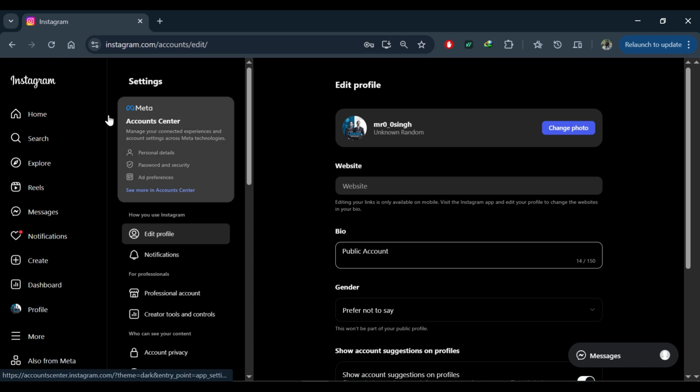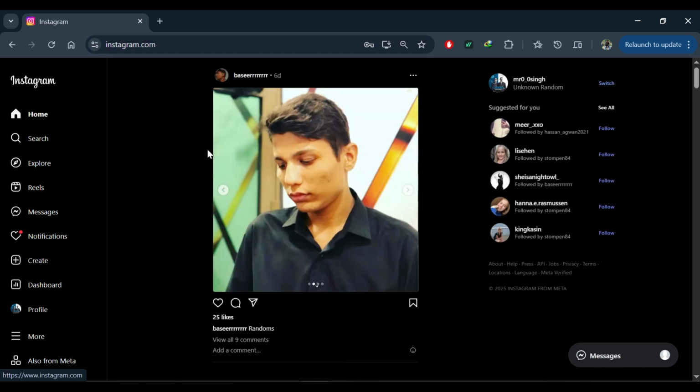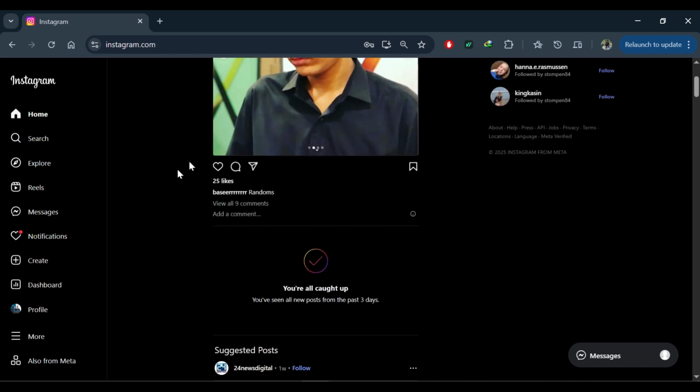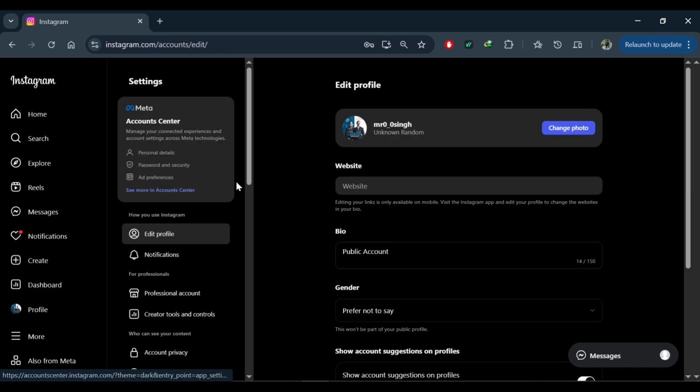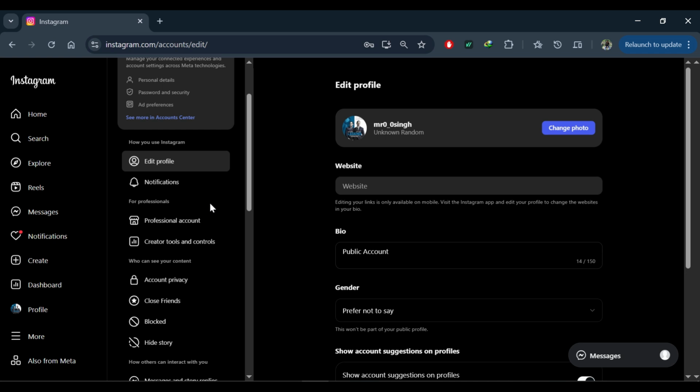Okay, the other option that is very important, if you want to get more reach to your audience, you need to change your personal account to your business account or a creator account. In order to change your personal account to a business account, you can just simply go to this more button, three lines, and then you have to go to the setting sections. Okay, after that, when you scroll on the left side, you will see this creator tools and account.